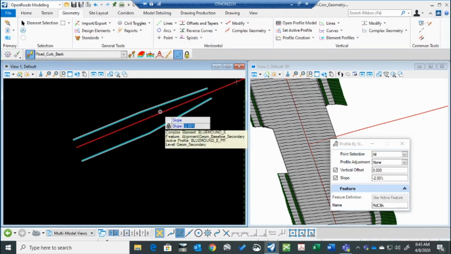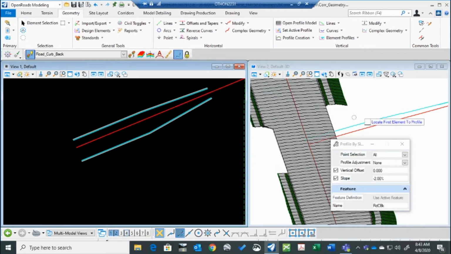alignment. 2%. Point selection adjustment, do all points. Profile adjustment none. Vertical offset 0. And then edge of pavement pops into the 3D view because it now has a profile. Same thing with the other side. Reset to complete. Locate reference element. Negative 2%. Vertical offset 0. Boom. Got that side. Now we're going to go up